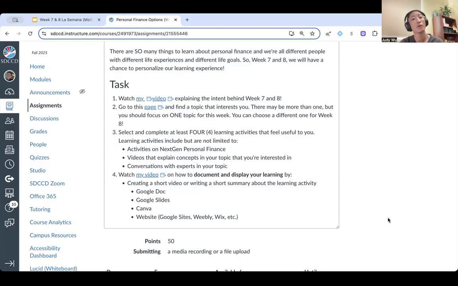I'm very flexible with what these activities look like. I want them to be meaningful for you, but I also want them to be things that are not just done in 2 minutes. Okay. I want them to be something that is real, that you learn from, that you really get to walk away with knowledge that's important for you.